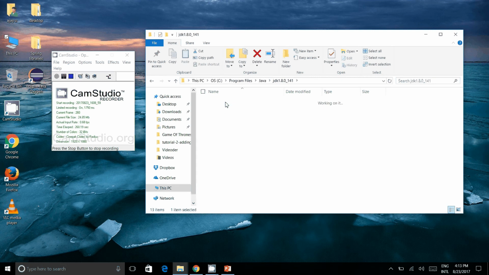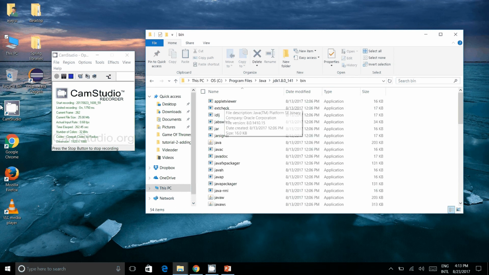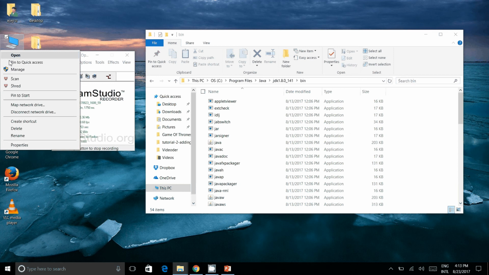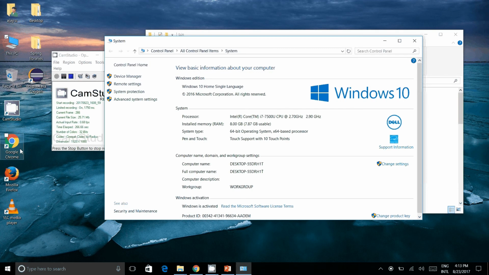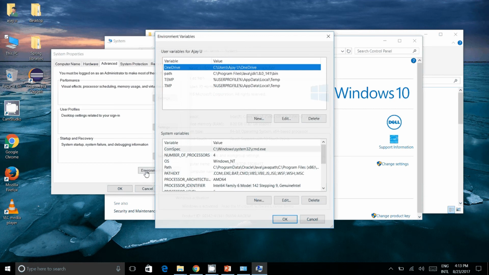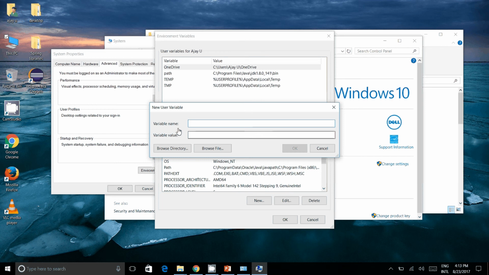Open it, then right click This PC and go to properties. Click on advanced system settings, click on environment variables, and click new under the user variables for this user. The variable name will be path,